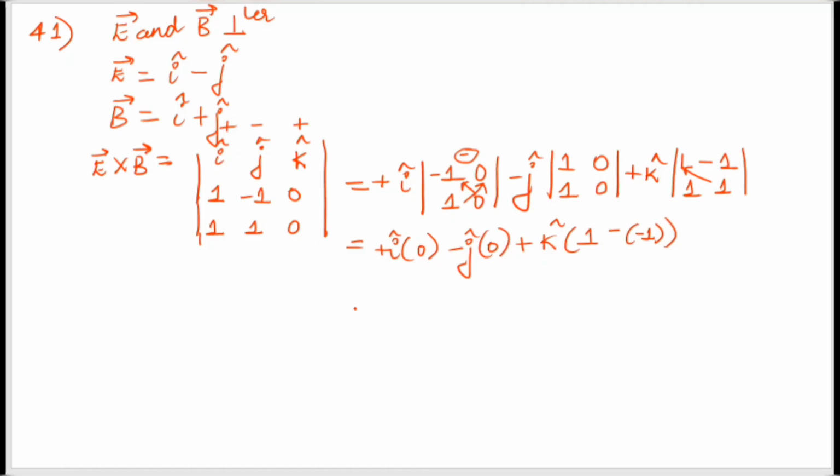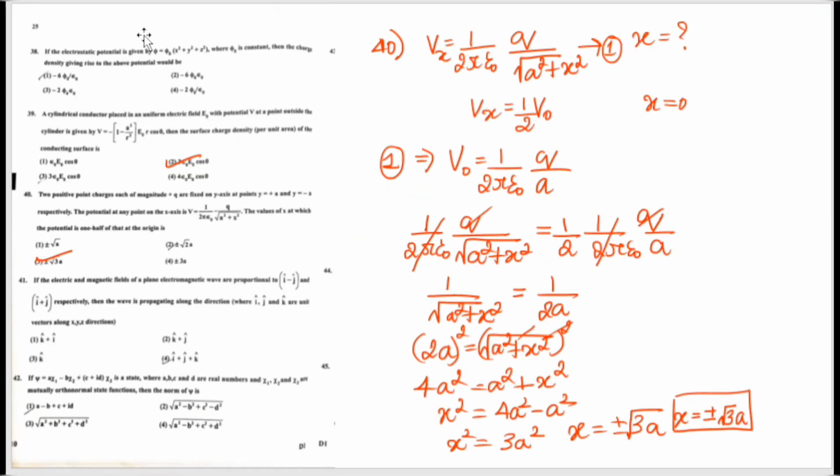So what are we getting? We are getting 2 times k cap. They did not ask for any magnitude, they just asked what the direction is. So the direction will be k cap only. So the wave is propagating along the direction k cap. So option